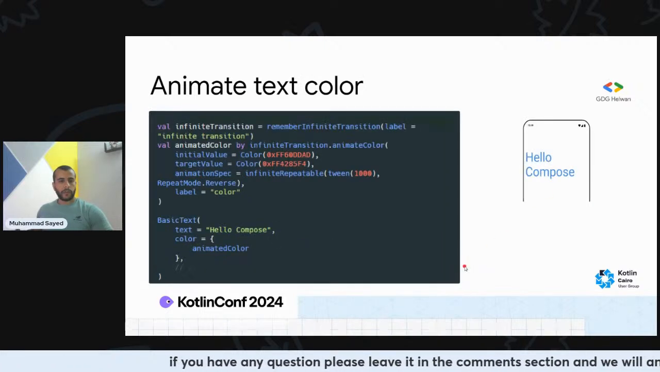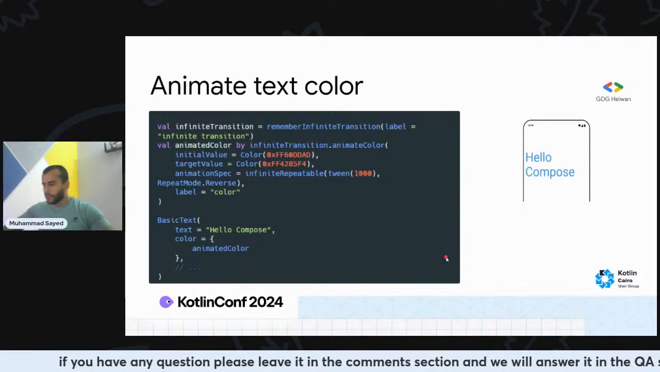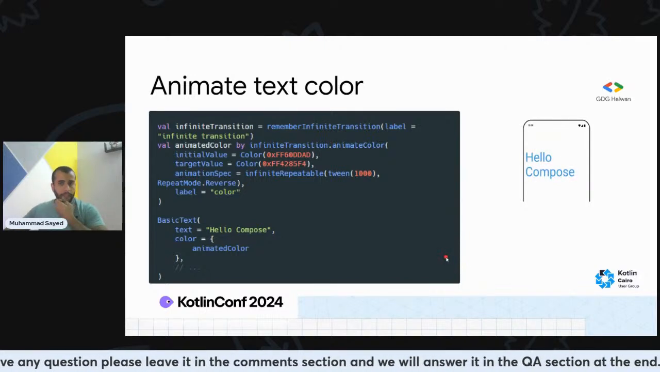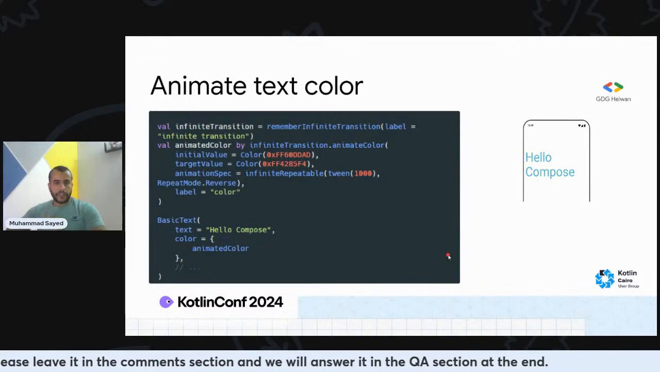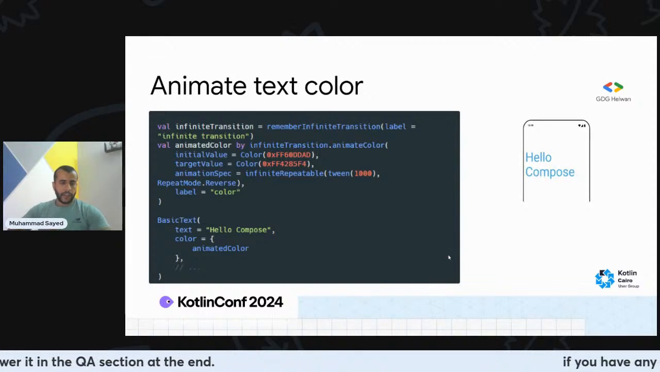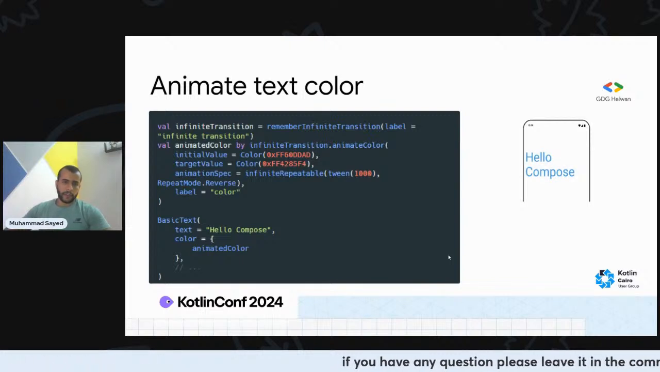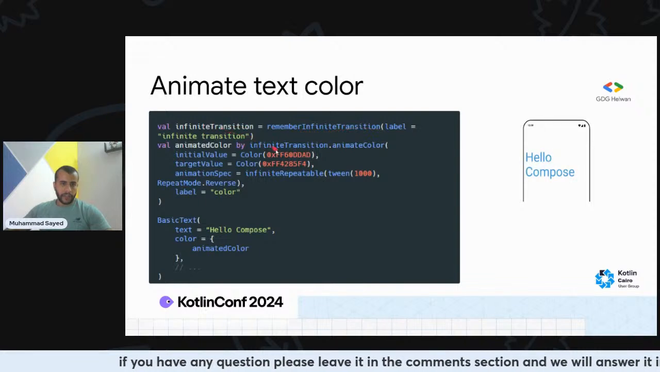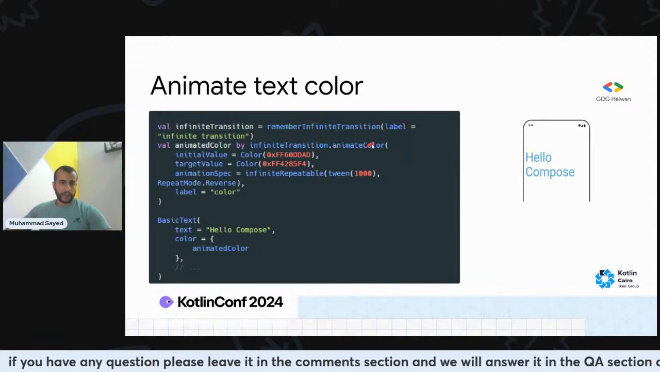Right, so moving forward, I believe the next one is a little bit different. It's animating the color again, but it's actually animating this in an infinite way. Remember, we are using infinite transition. And by using this infinite transition, we can